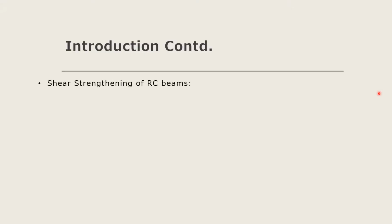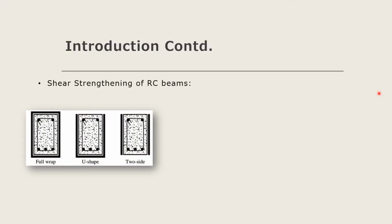So our study mainly focuses on shear strengthening for RC beams. As you can see here, there are three ways in which the FRP can be bonded to the concrete surface to enhance its shear capacity. The first one is the fully wrapped scheme, which is the most effective one. However, this cannot be used in many cases where the beams are connected to the slab. This takes us to the second wrapping scheme, which is the U-wrap. The U-wraps are the most commonly used